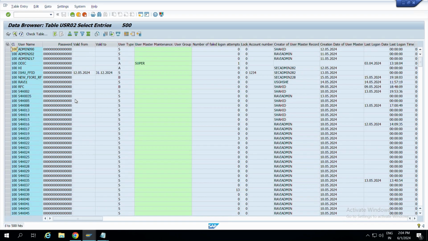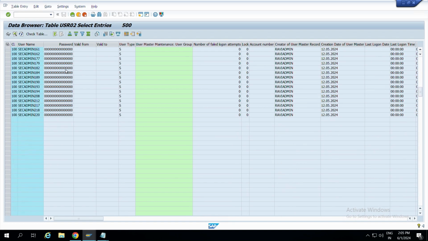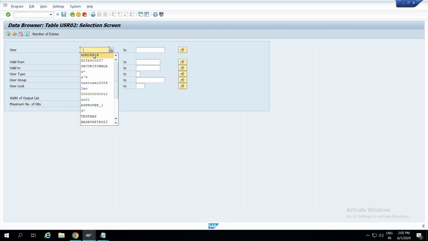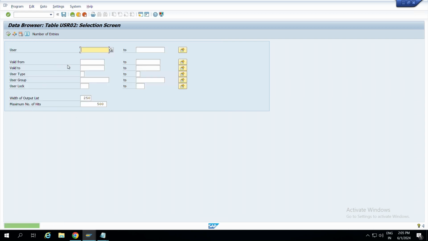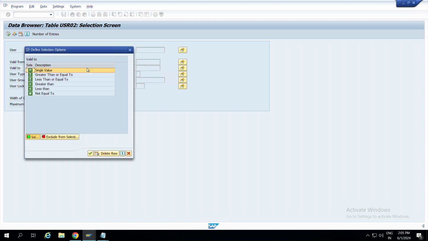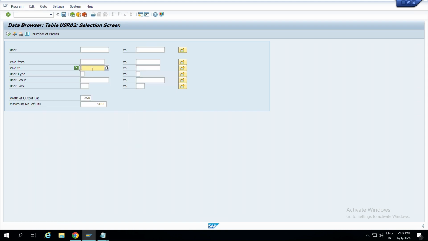If you execute, you'll get all details of the user. If you want any particular user, or multiple selection, a set of users, you can copy and paste it here. And for valid to, if they ask you for valid users, then you can double click on this valid to and you can click greater than or equal to today's date.